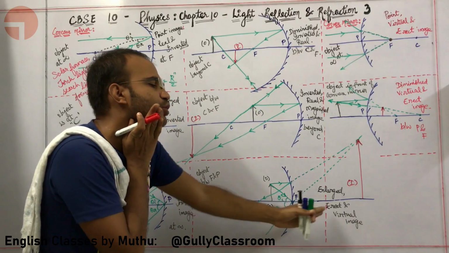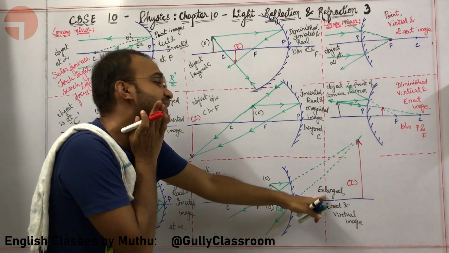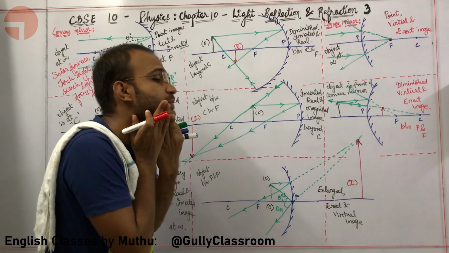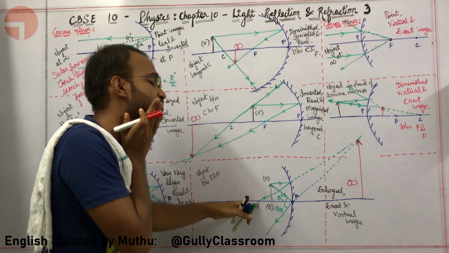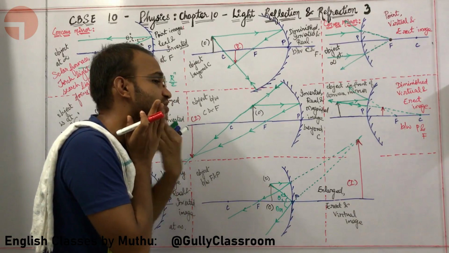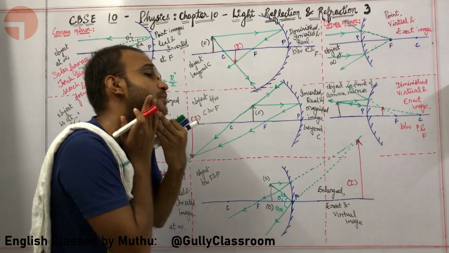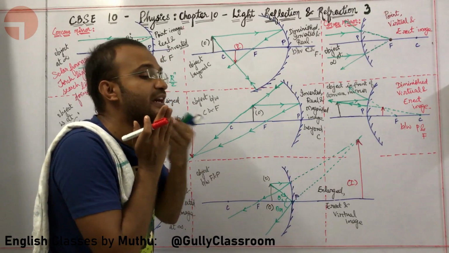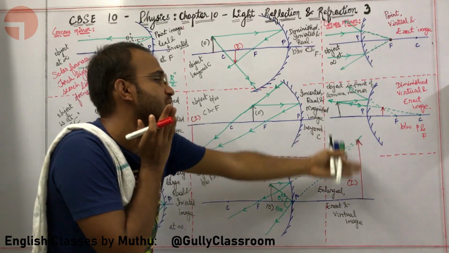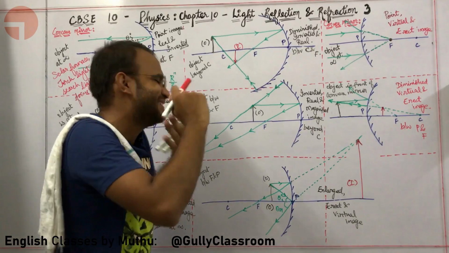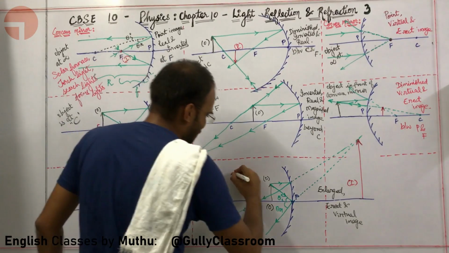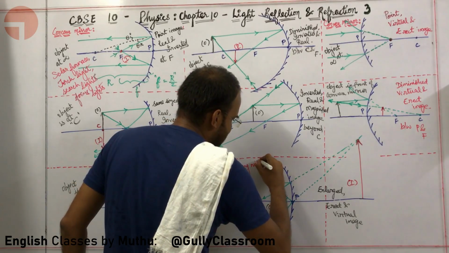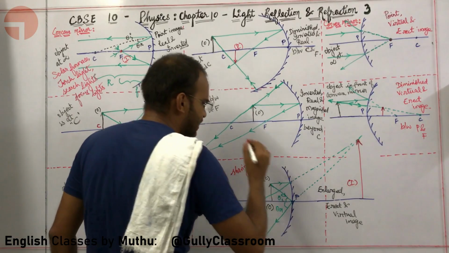What will you get? You will get an erect, virtual and enlarged image. If I am putting a concave mirror over here, nearby my chin, between F and P of the spherical mirror, I am putting my chin. Automatically, I will get an enlarged virtual erect image. I will be able to see my chin, obviously, because of the erect image, and I will shave. So, it is used in shaving mirrors. Okay, not in everyday shaving mirrors, but in extreme cases like military.